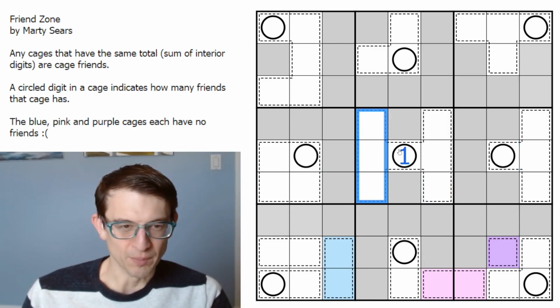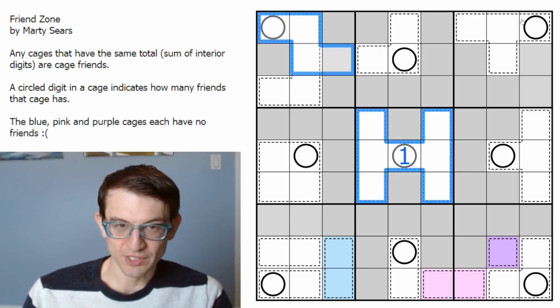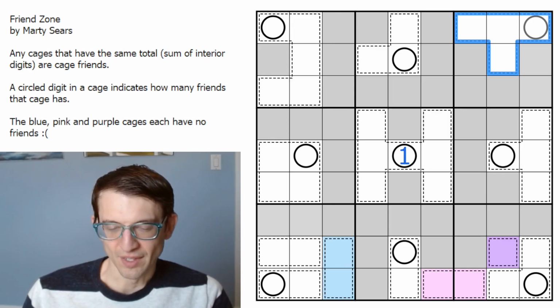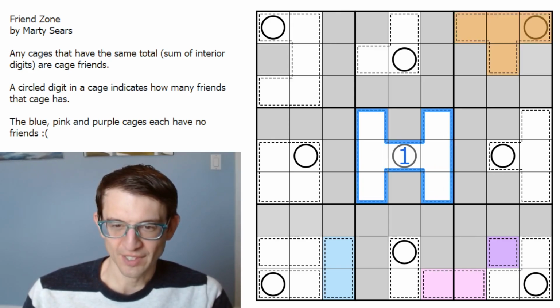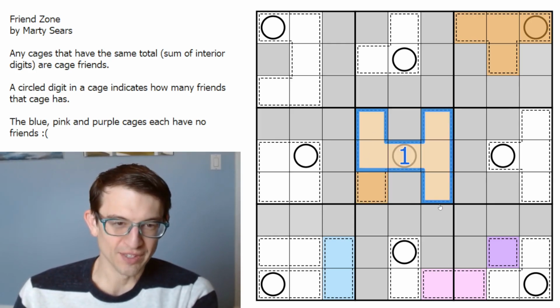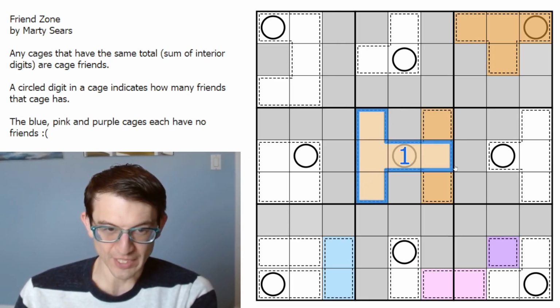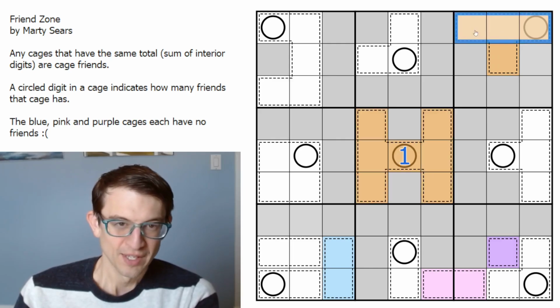So let me back up one step. This cage is going to be friends with one of these two. I don't know which. Let's say it's this one, right? So we'll call those the orange cages. That's one friend group. Nothing else. I've already shown that this is not going to be friends with anything else. But the fact that these two are cage friends and nothing else is going to be friends with them is going to